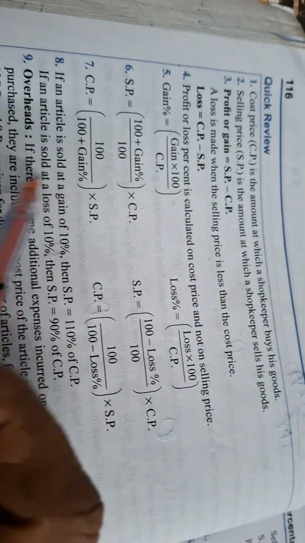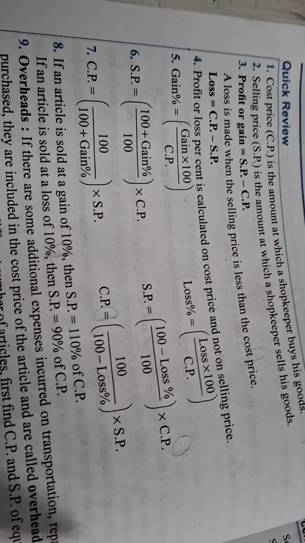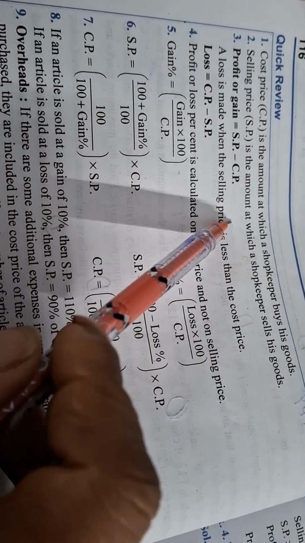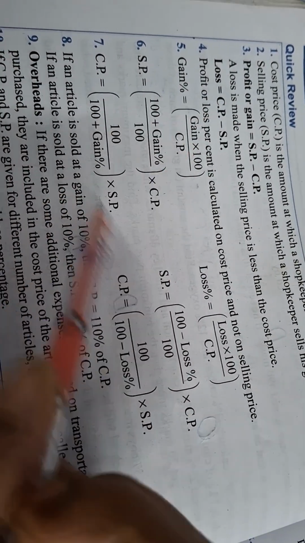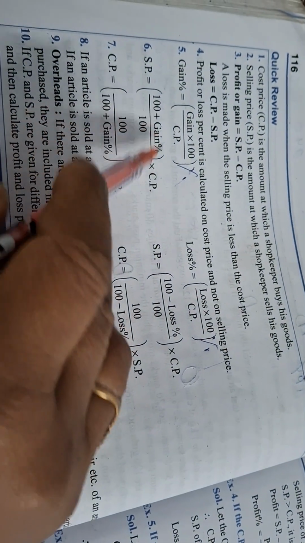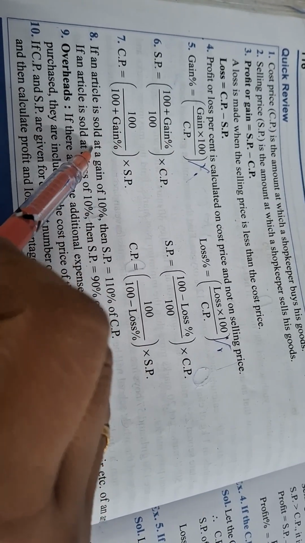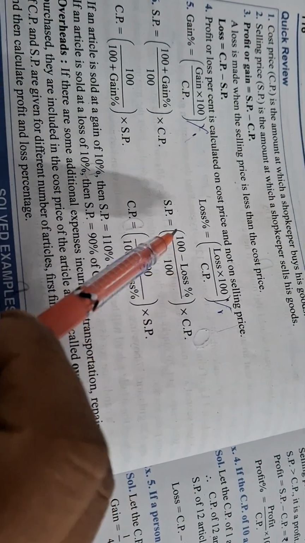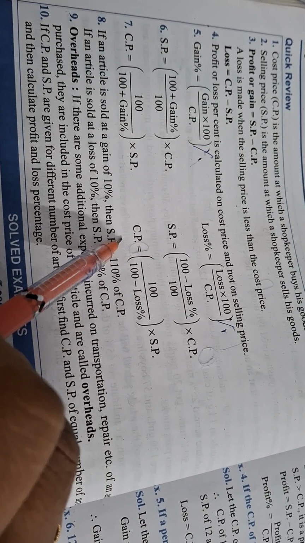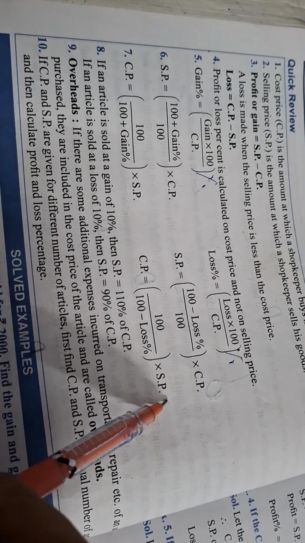And on page number 116, there are some formulas of exercise 8C, and you have used in AD. See, profit is SP minus CP, loss is CP minus SP, gain percent is gain upon CP into 100%, loss percent is loss upon CP into 100%, SP is 100 plus gain percent upon 100 into CP. So by this we can calculate CP. CP is SP into 100, cross multiply upon 100 plus gain percent. If it is loss, so SP is 100 minus loss percent upon 100 into CP. So CP when loss percent is given is SP into 100 upon 100 minus loss percent.